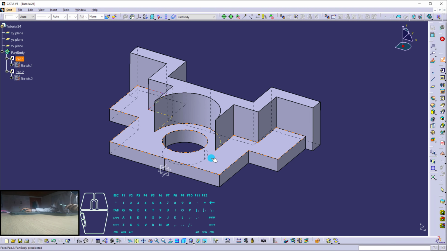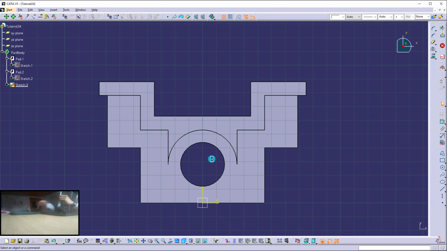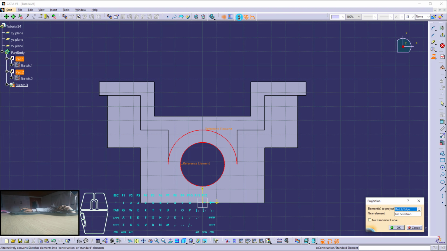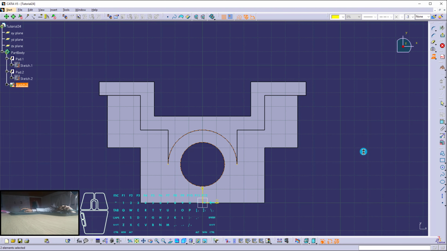Now we are going to create the two concentric circles that we have right here. And all I have to do is to call this circle and this circle. So it's always for construction purposes right here. And I'm going to create one above the other, the same two circles. Right there we have it. Getting out of this sketch,